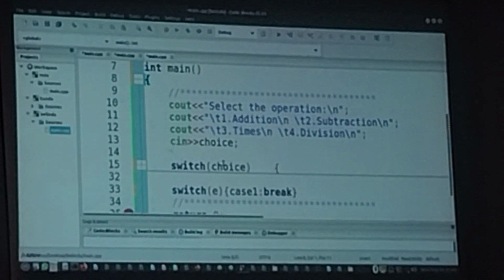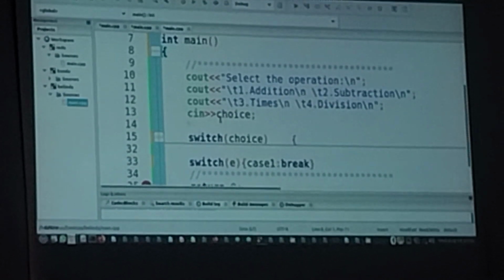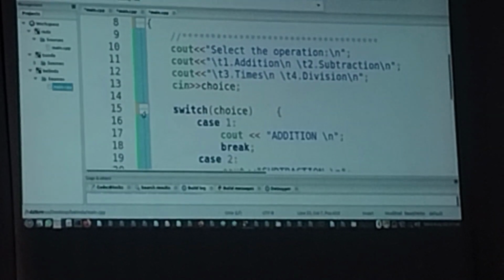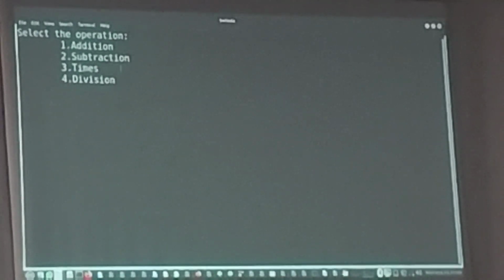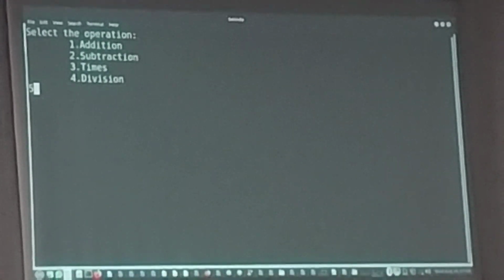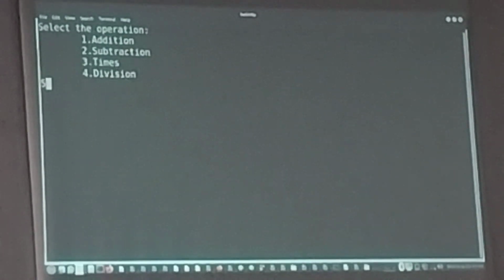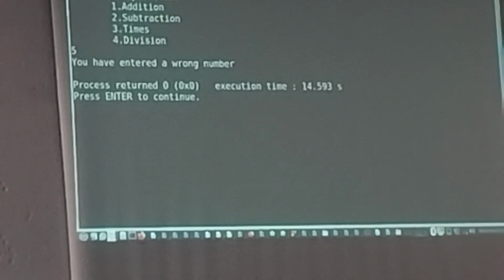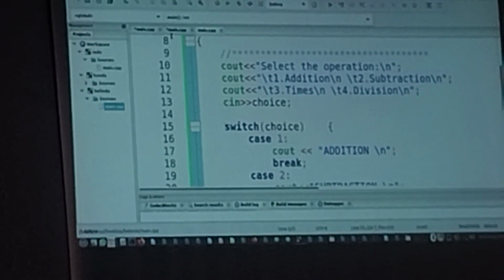Yes? Any other question? We were trying to put the choice sign. Okay, so we have done the choice. Let's run our program by cancelling this part. It's not part of our program. So now when you run your program, it's asking for a choice. So we did this, right? Can I put 5 now? When I put 5, what happens? It should say you have entered the wrong number. Now I was just telling you that the program doesn't run like this. It has to